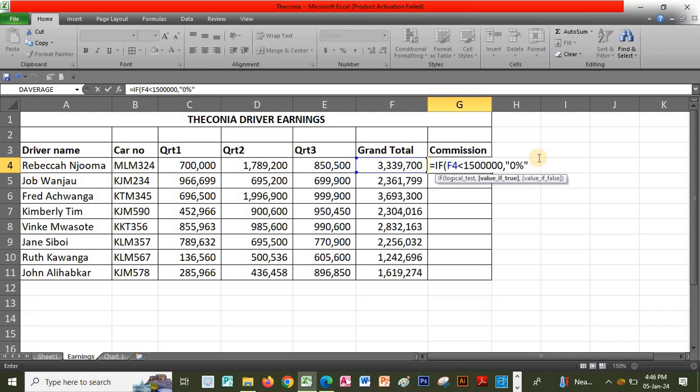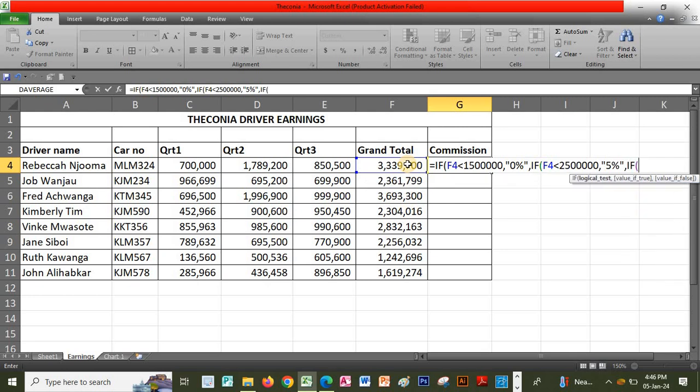So we write 0%, comma. Again, if we open the brackets, we still click on the grand total, is now less than 2,500,000, comma, then you apply the quotation marks, it should give us an output which is 5%, comma,